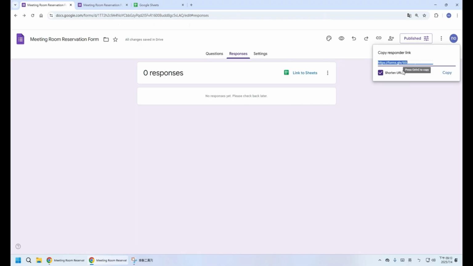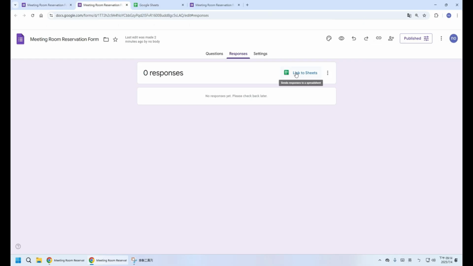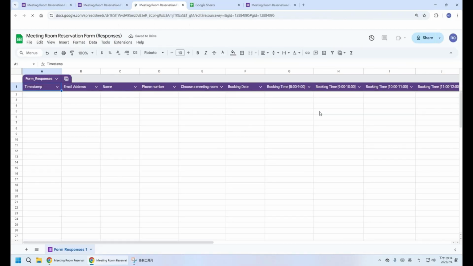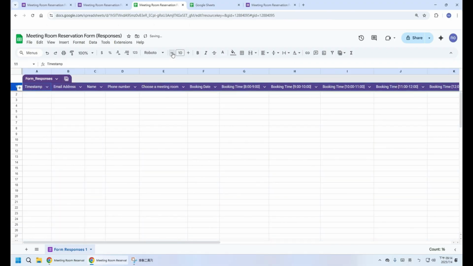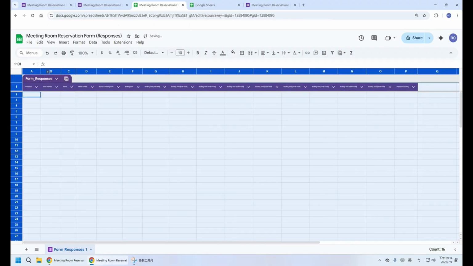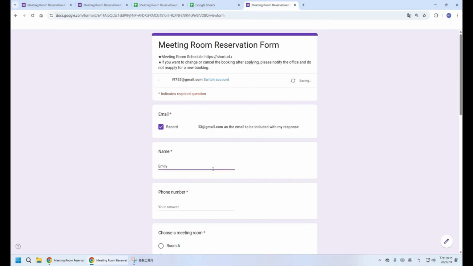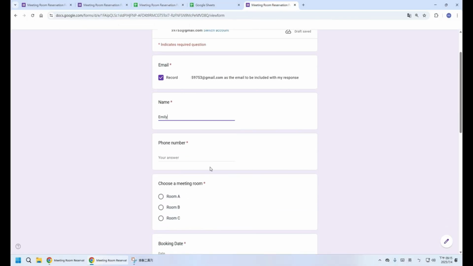And when customers have the need to book a meeting room, you can provide this URL of this form to them. Then let's bind the Google spreadsheet. This table will be designed automatically by the system. Let's test the form to see if it's really linked, also for subsequent operations.